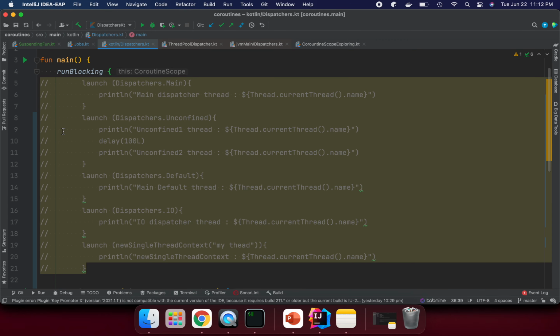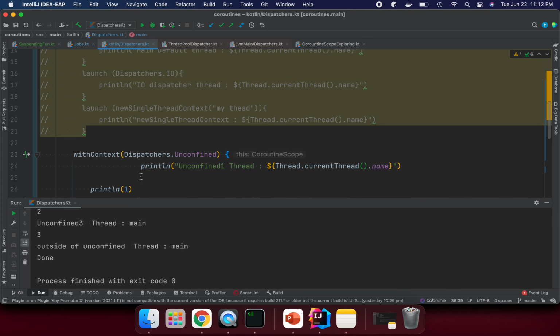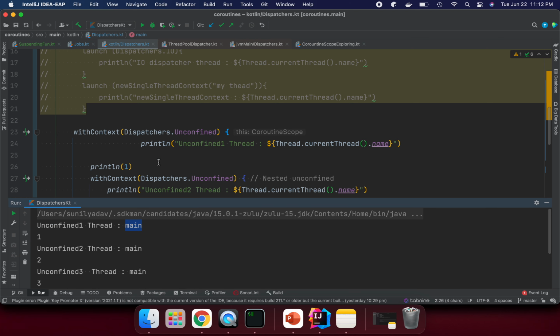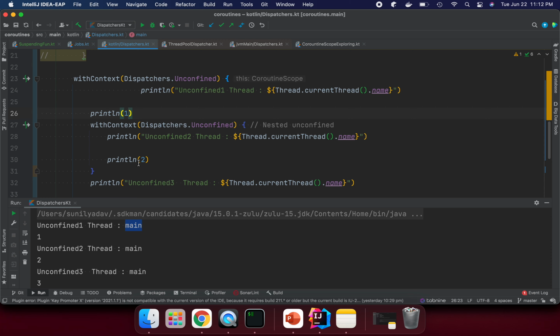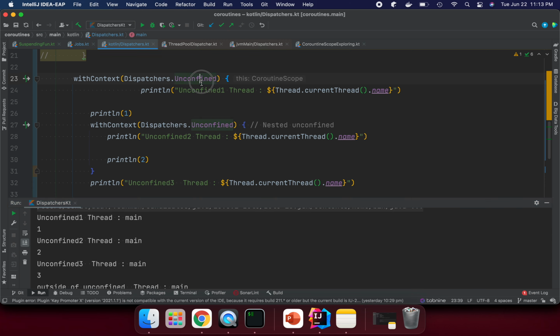Okay, so let me run it. We can see the main thread is running, so unconfined one is running with the main thread, because we have not switched any context here. Unconfined 2 is also running on main, so all threads are running on main. Now let's change this one to IO, just to change the thread.